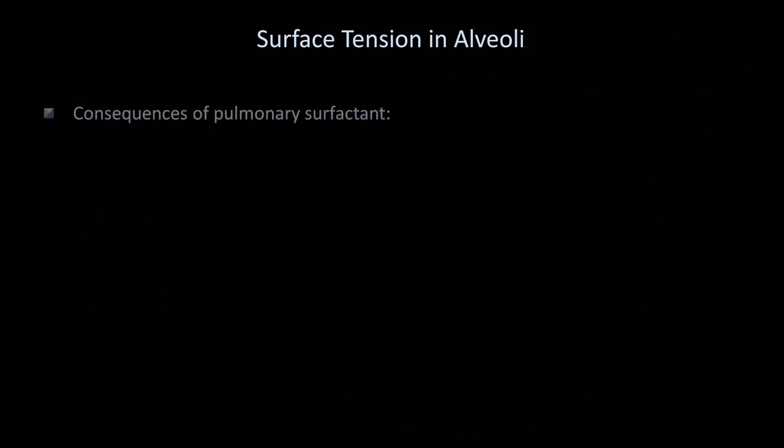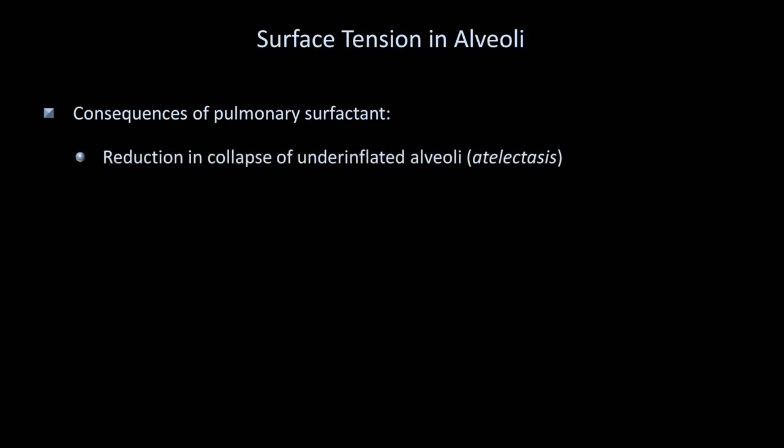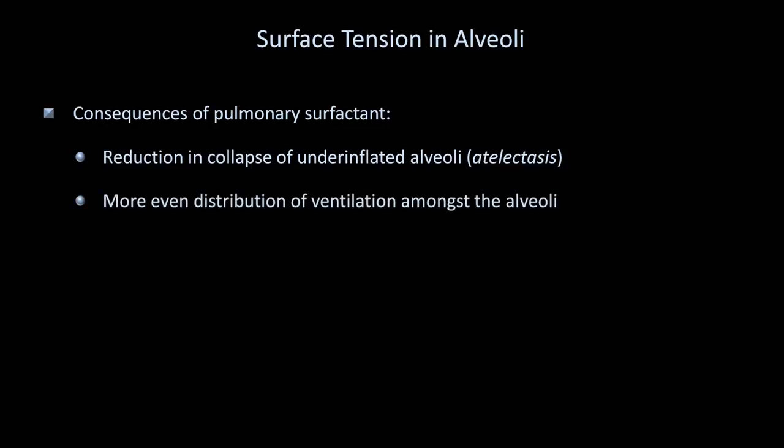So what are the net consequences of pulmonary surfactant? First, a reduction in the collapse of underinflated alveoli, otherwise known as atelectasis. Second, a more even distribution of ventilation amongst the alveoli, improving oxygenation. Third, it improves lung compliance. For the most part, a discussion of lung compliance falls outside the scope of this video. However, very briefly,